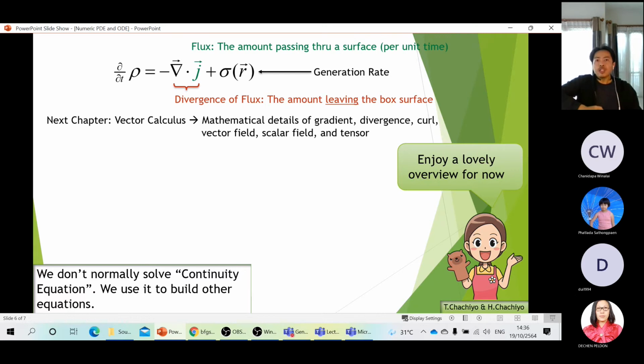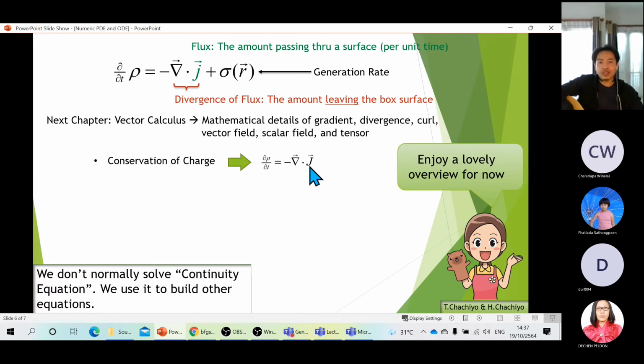Okay. So how do we use this equation in physics? Many ways are possible. We can have what we call conservation of charge. If we say the charge is conserved, it means that the charge cannot be destroyed and cannot be created. It must be the same amount over all the volume. What that means in the mathematics is that the last term is always 0 in this case. So we set sigma to 0 because the charge cannot be destroyed nor created, and we are left with a simple two-term equation here.